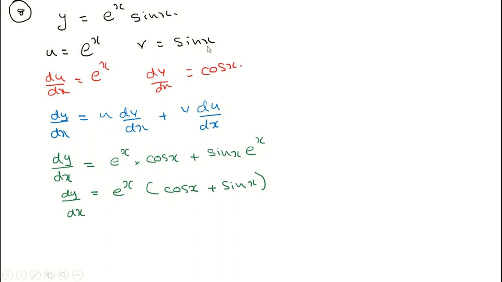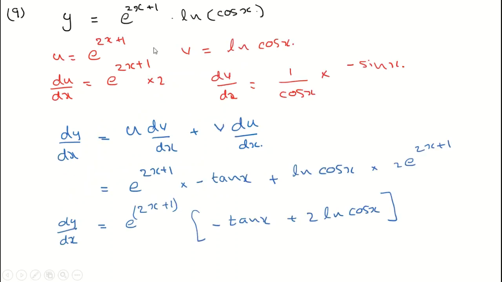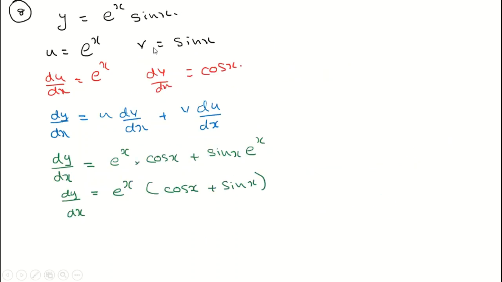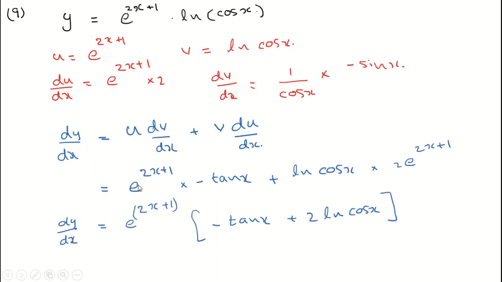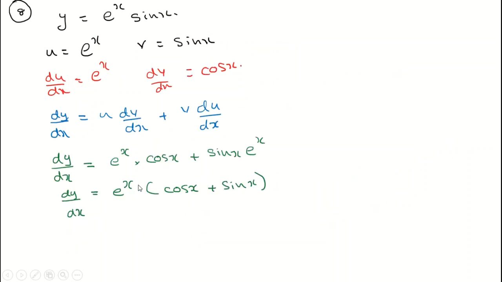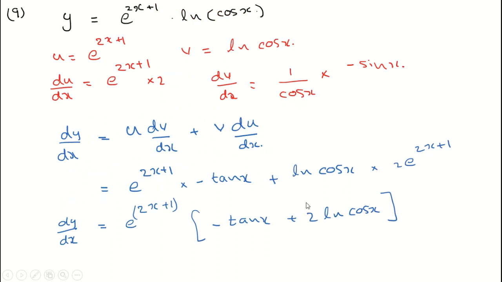Y is equal to e to the power x sin x. Then du over dx is e to the power x, dv over dx is equal to cos x. And then e to the power x into cos x, plus sin x into e to the power x. E to the power x is common, take it out. So e to the power x into cos x plus sin x. And then